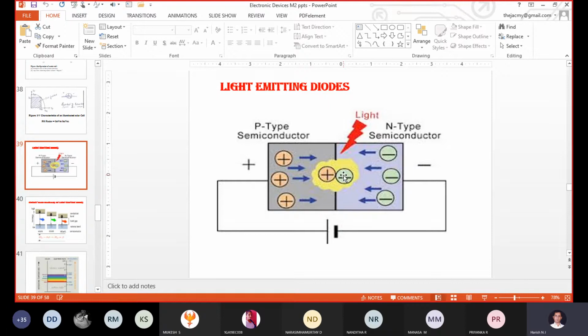The operation will be the same. Even an LED is a PN junction diode. The normal diode is also a PN junction diode only. But the material we use for the fabrication of a normal PN junction diode and of an LED is different. For a PN junction diode, we use indirect band gap semiconducting material. For the construction of an LED, we have to use direct band gap semiconducting material. This is one difference.